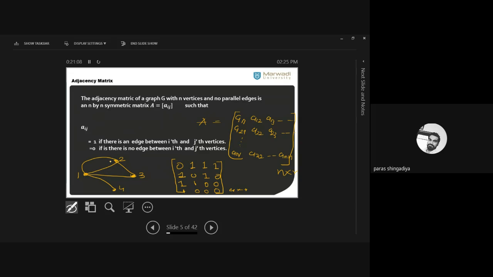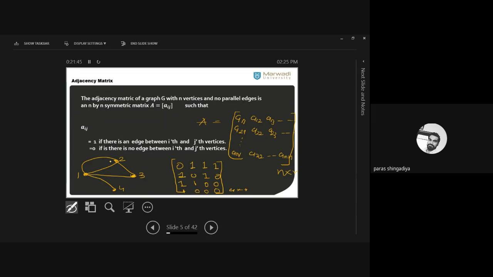Clear? So in some books, some of the authors mention 2 in place of 1 because there are two edges there. Clear? But in the standard book of graph theory, in the definition of adjacency matrix, they will not accept parallel edges and will consider such graphs without parallel edges and find the answer for that case only. Clear? So therefore, we include this condition here. The graph should not contain parallel edges for derivation of adjacency matrix.